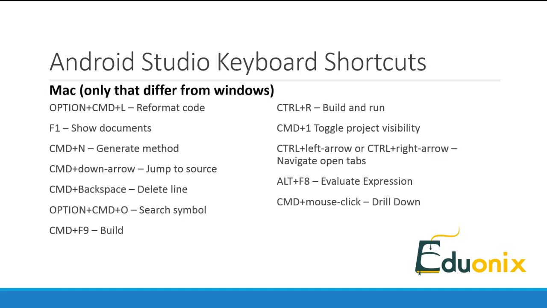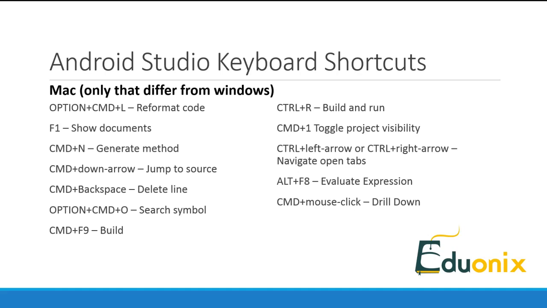When running Android Studio on OS X instead of Windows or Linux, we have a few different key bindings for certain commands. Option and Command and L for reformatting code, F1 for showing documents, Command and N for generating methods, Command and down arrow for jumping to a source, Command and backspace for deleting a line or lines, Option and Command and O for searching for a symbol by name,